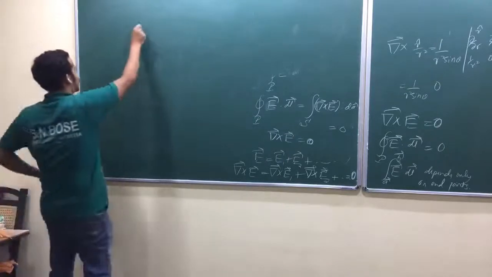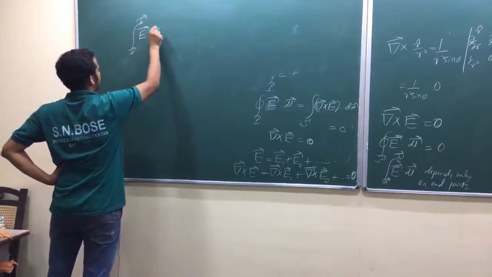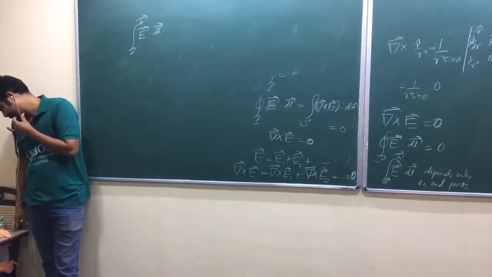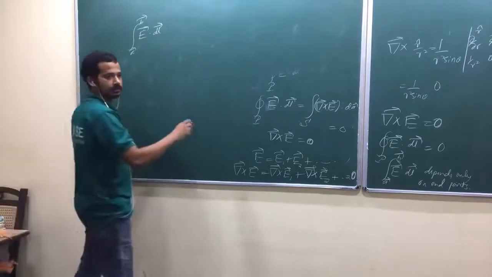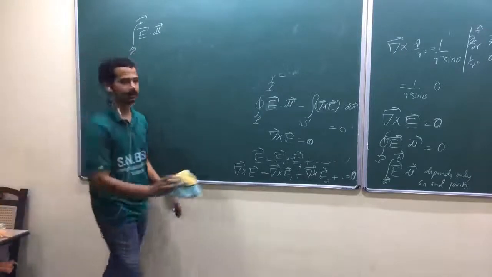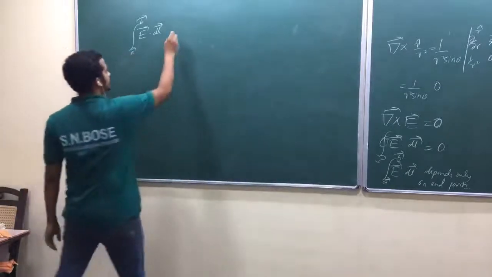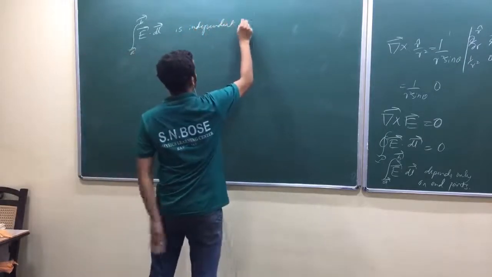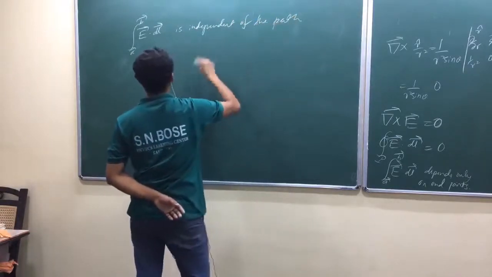Now we have seen one fact. The line integral from A to B of E bar dot dl bar was independent of the path, am I right? So let me take a generalized one, not for a point charge, okay? Let me take the generalized situation for any charge distribution, isn't it? What was the conclusion? It was independent of the path taken from A to B, depends only on the end points, am I right?